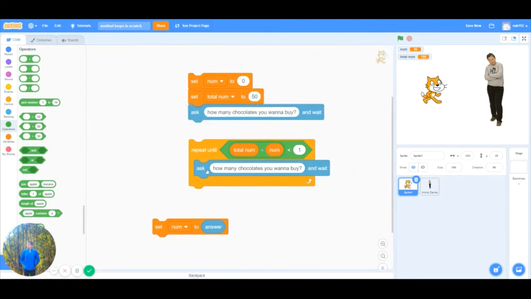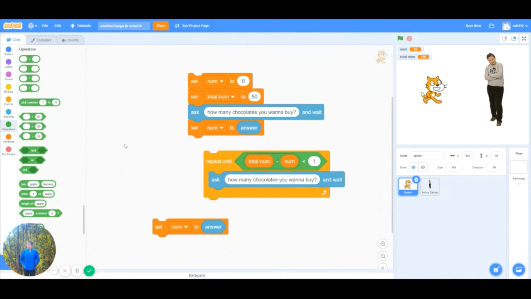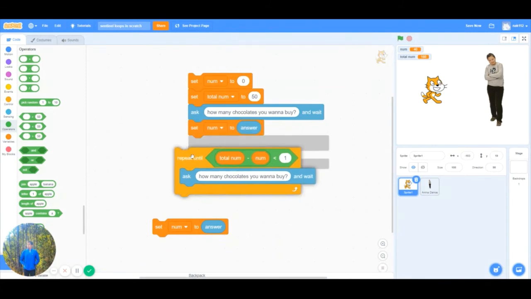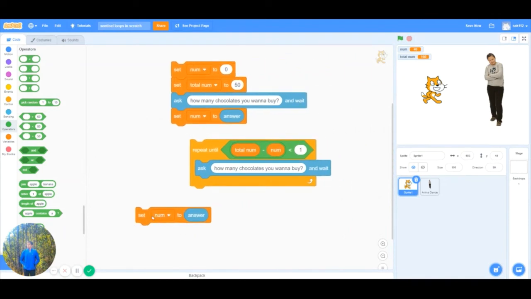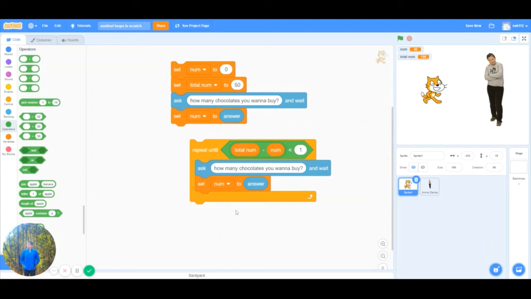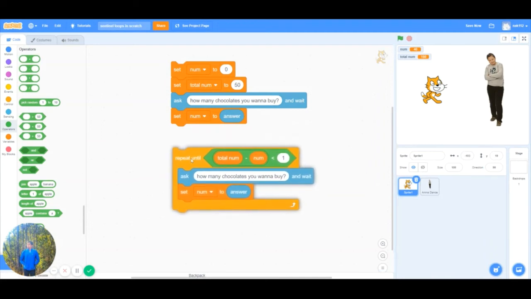And 1 at the start because I want to ask this question and then I want to check this answer. Another thing I need to do is I'll duplicate this too. I'll just set this to answer in the beginning, and I'll set this to answer in the end as well because every time this loop runs, I'm gonna check answer into num, and then I'm going to subtract total by num and see every time if that is less